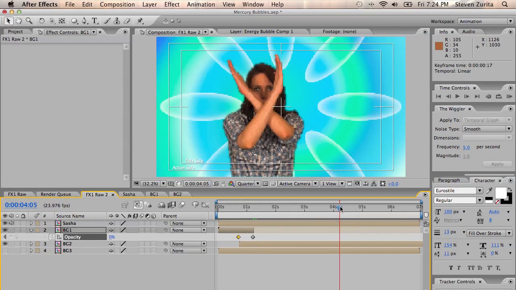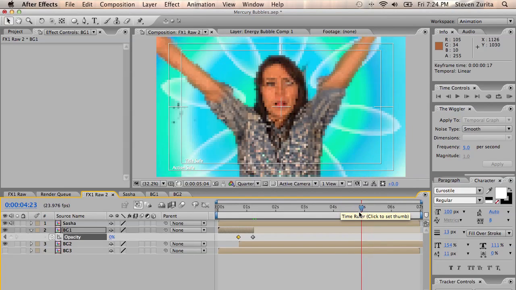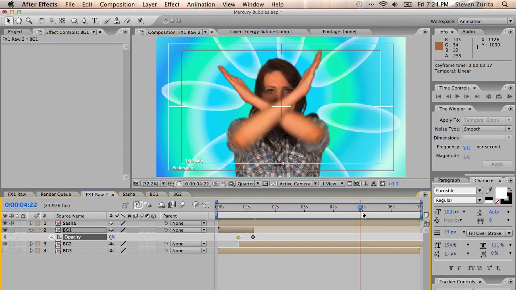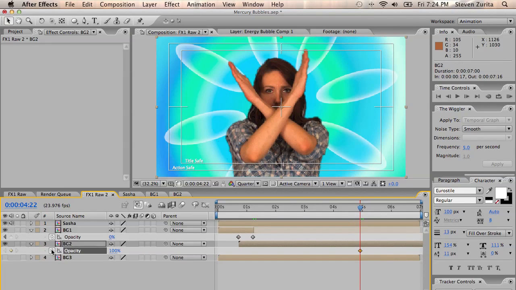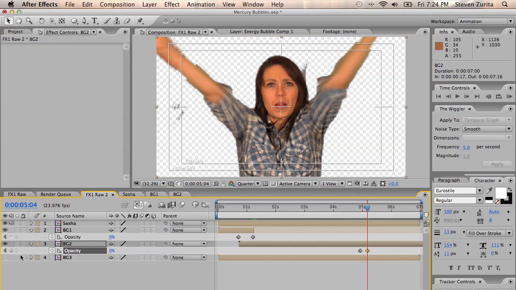Mercury bubbles. Right there, where she shoots him forward. So let's go back a couple frames. We're going to hit T, opacity. 6 frames, 1, 2, 3, 4, 5, 6. So this is where the effect is really happening. Alt N bracket,